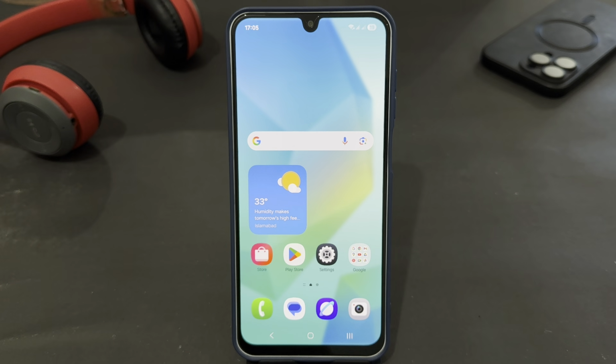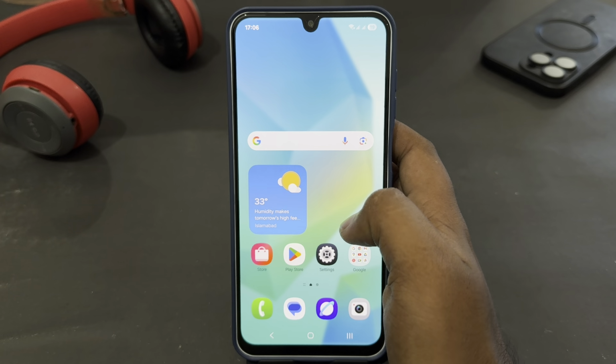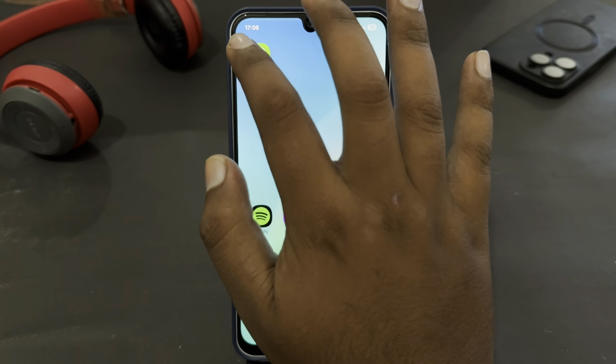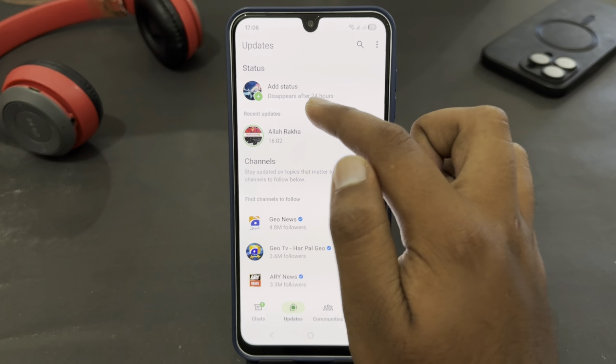Hey guys, today I'm going to tell you how to add colorful text on WhatsApp status. If you're using WhatsApp and you want to add different text on your WhatsApp status, let's see how you can do that. You just have to open your WhatsApp app and here go for updates and then select add status